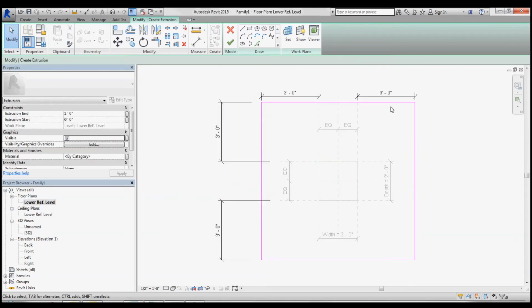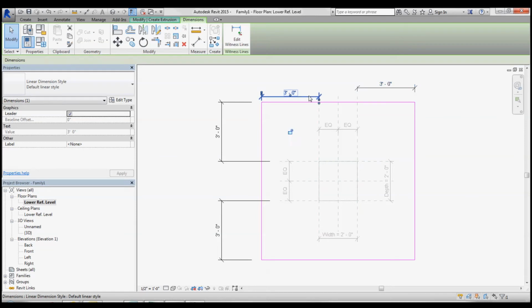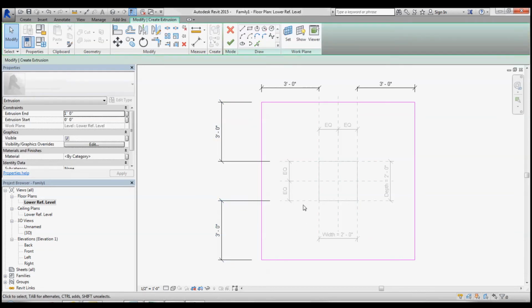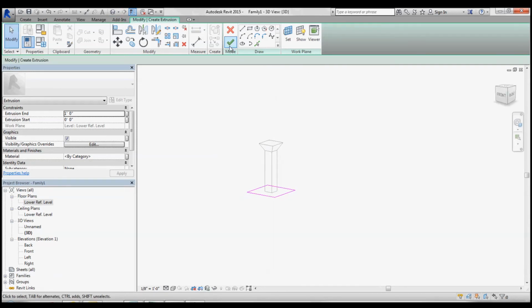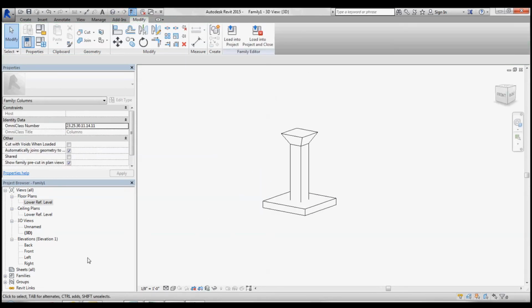So then if I want to maintain the relationship of all these sizes, I could lock these so that it will always be 3 feet out from the edge of that reference plane. Set the constraint so if the column size changes, the top thickened slab portion will change. So if I go back to 3D and hit finish, then I can go to my front view and adjust this